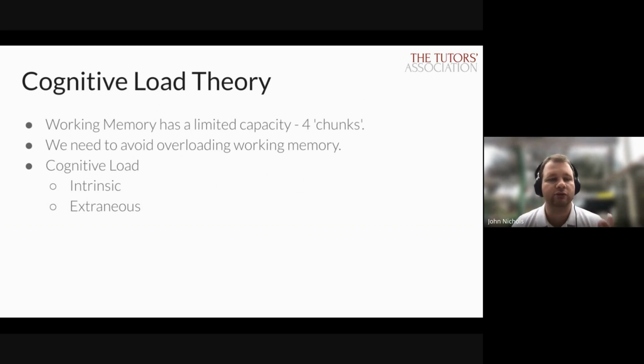The extraneous load can be reduced by displaying and presenting information in a clearer format. So, for example, a simplified diagram. Rather than giving a really complicated diagram with everything on it all at once, you might provide a simpler diagram first, and then maybe you provide a slightly more complex version with extra components added later on. But extraneous load is specific to the person who's learning. And this is obviously where tuition has a major role to play, because we can be flexible and can tailor how we display information to a student based on what we know about their current level of knowledge and what they can do easily and what they will struggle to do.